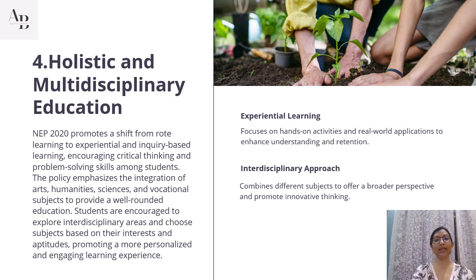Like there should not be any rigid stream separation like we used to have in our time. After completing our matriculation examination, we are supposed to select a stream like arts, science, commerce, and computer. I think those were the 3 to 4 streams that we used to select. Primarily we used to select science and arts, and in science we have some fixed subjects like physics, chemistry, mathematics, biology, and as an alternative we used to have English.